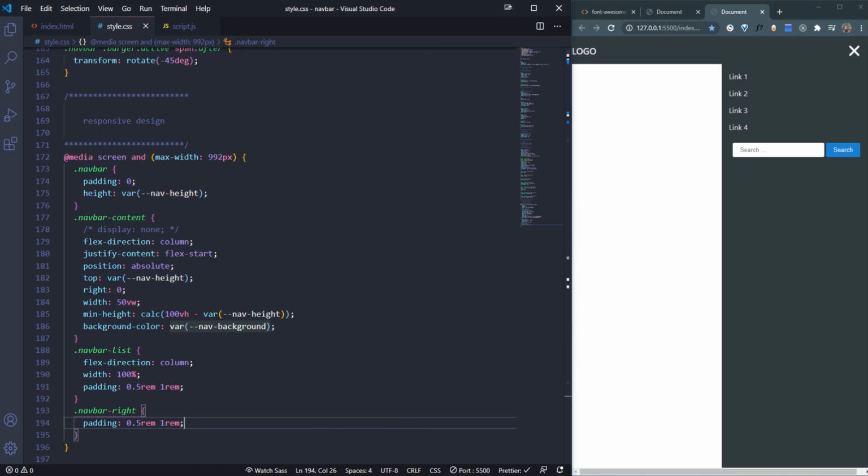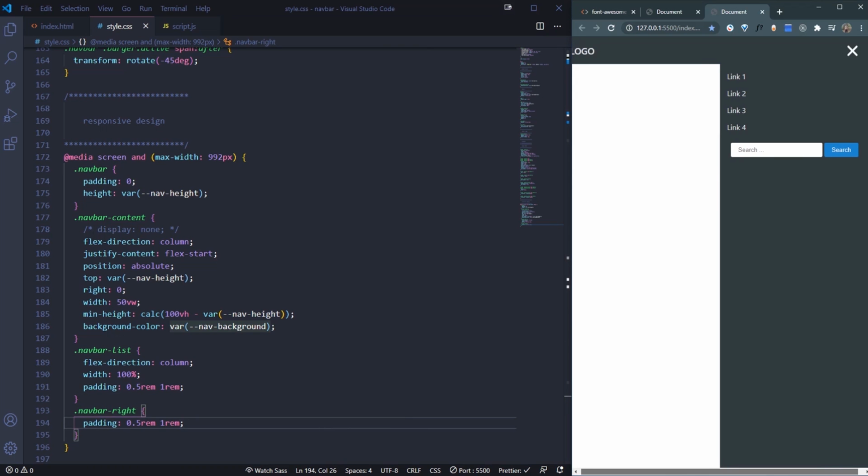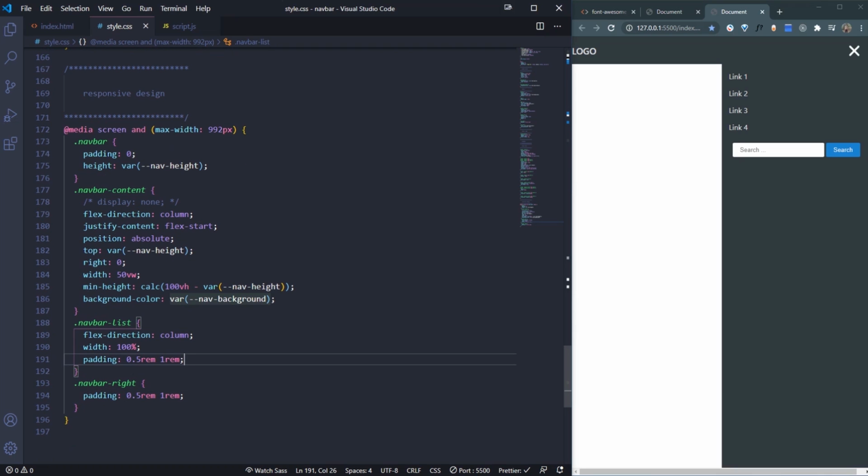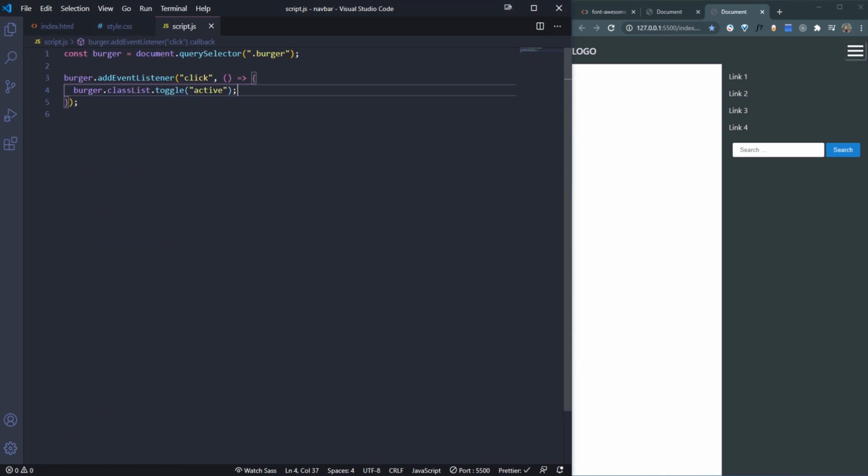As a final fix that we have to do for this, what is happening here? Okay, so I believe that this has a width of 100%. Yeah, so this one, navbar content, let's say overflow heading, is this going to fix that now? Yeah, okay. So then what else do we need to do is to go in script.js and say that